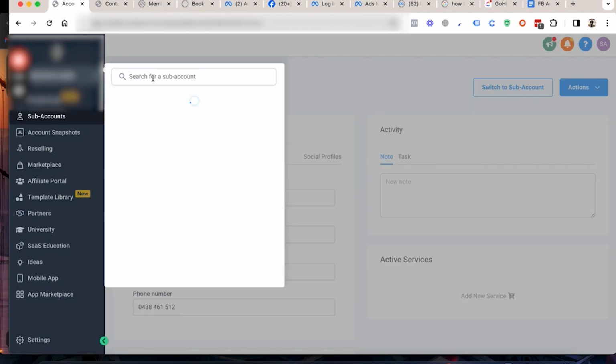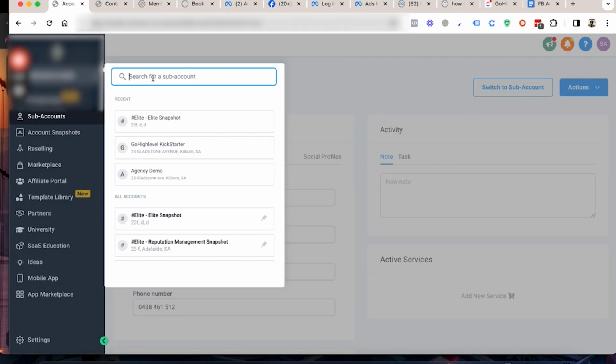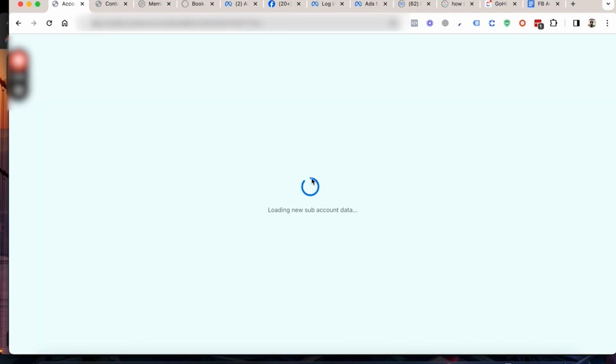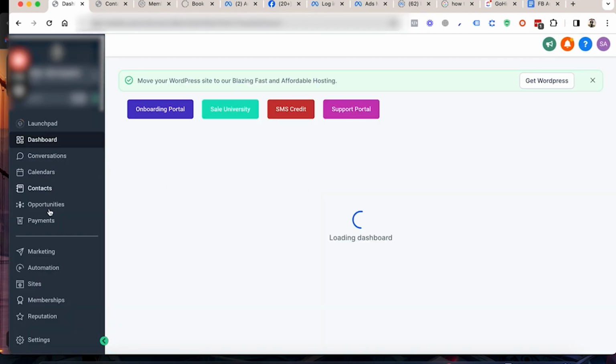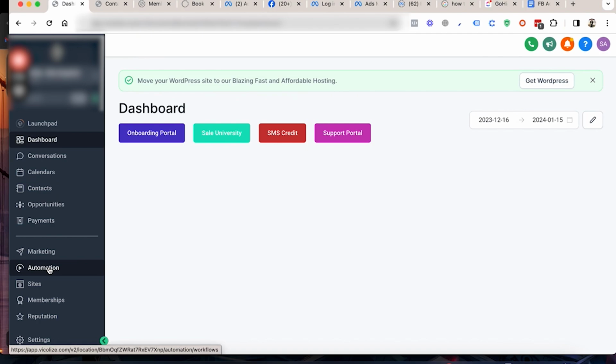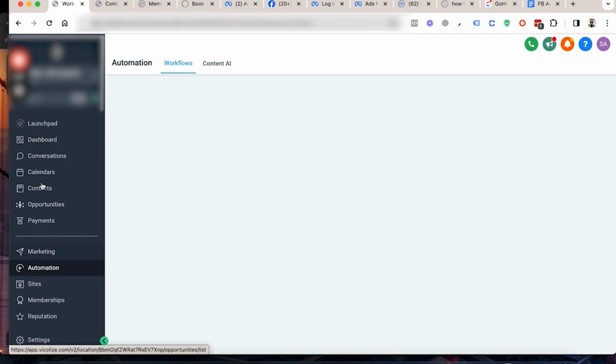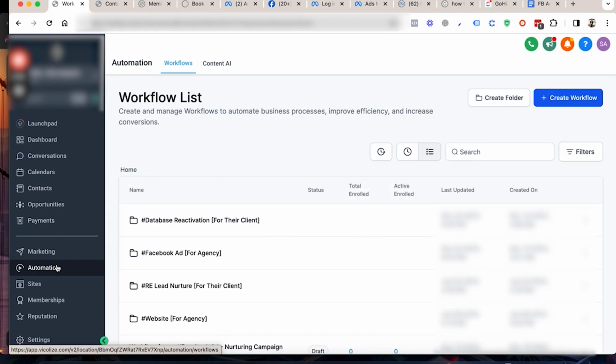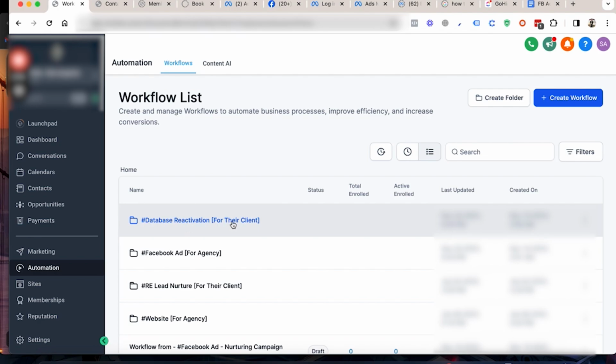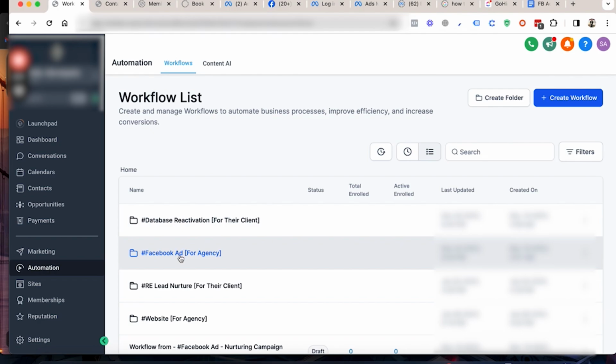Then let's go to account. Once you've loaded the snapshot, you open your account and go to automations. You will see two folders in there. This one, Facebook ads for agency, and database reactivation for their client. So you can do this later. I'm only gonna show you what updates you need to do on